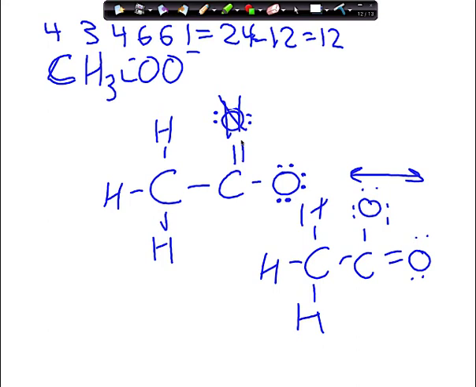What would determine which way the double bond would form? It can actually be determined by formal charge. You could figure out the formal charge with the double bond here. You could figure out the formal charge with the double bond there and figure out which one is favored. But when we have two different options that are equivalent, in fact, it forms in both. So do you see what I'm saying? But again, if they're not equivalent, it doesn't resonate. And you can figure out which one it is by doing formal charges. Yeah?